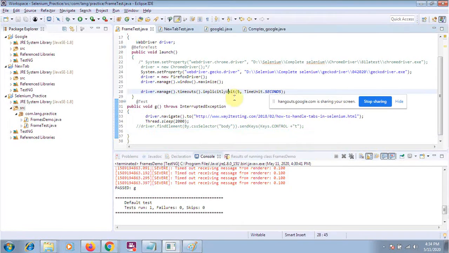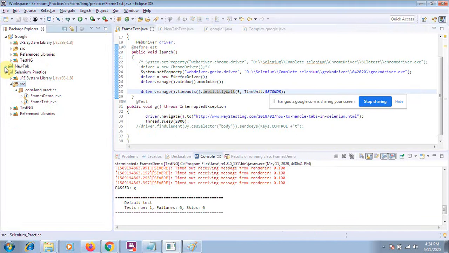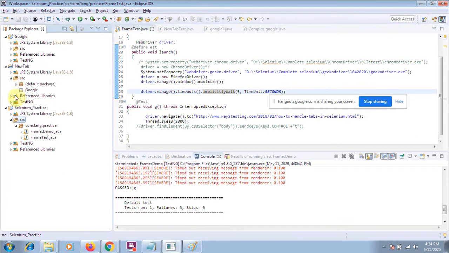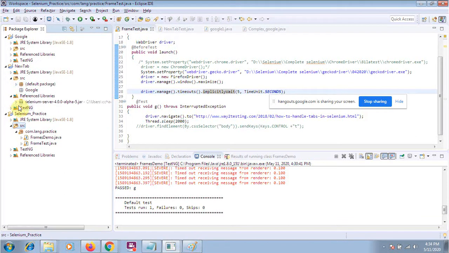I have to create two projects like this one. This project has the very updated jar file of Selenium Server 4.0 alpha 5, and this project has the old jar file.